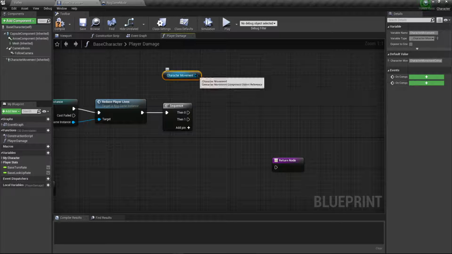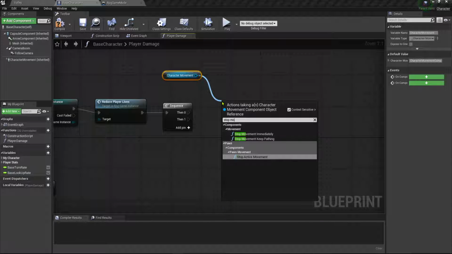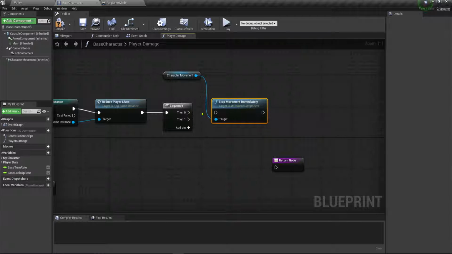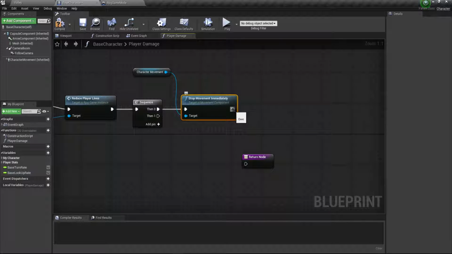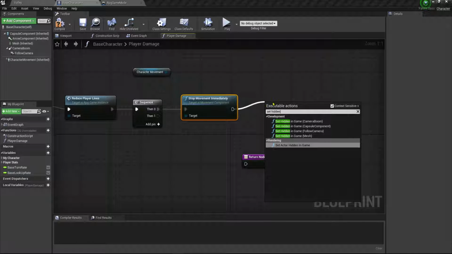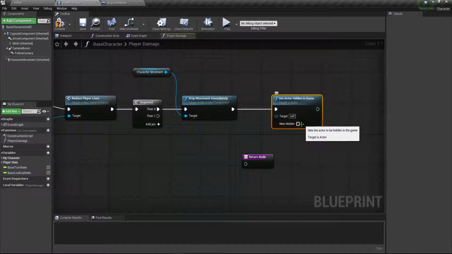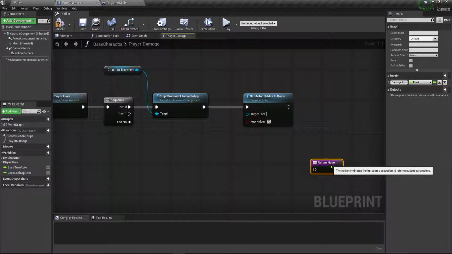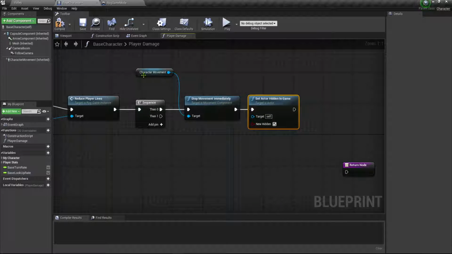So we'll drag this out, and then run this function, stop movement immediately. You get this from your components up here. So stop movement immediately, and then we're going to say set actor hidden in game. We'll say new hidden, and this will be itself. So we want to stop our character from moving, and then hide it, because in our respawn system we're going to